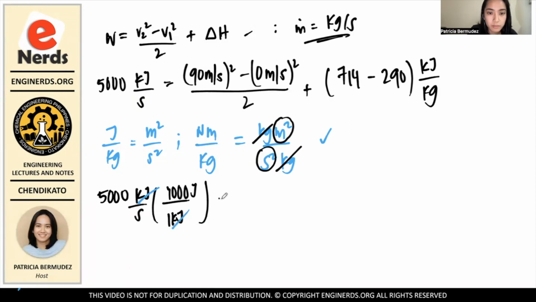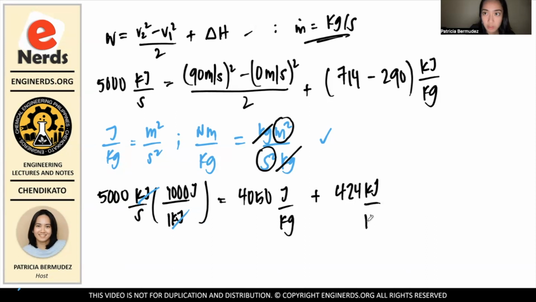And then here, the 90 meters squared over 2. Actually, we just simplify the value. It's 90 squared minus 0, which is 90 squared, divided by 2. So that is 4,050 joules per kilogram, because it is meter squared per second squared, right? And then here, we have 714 minus 290. And the value there is 424